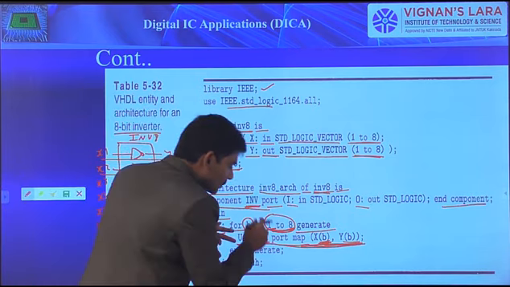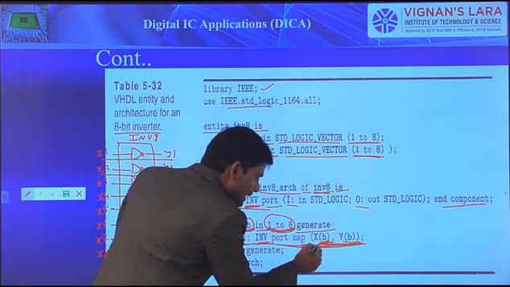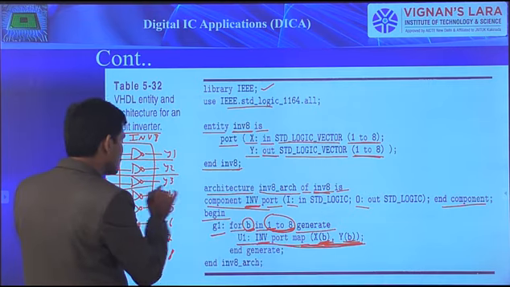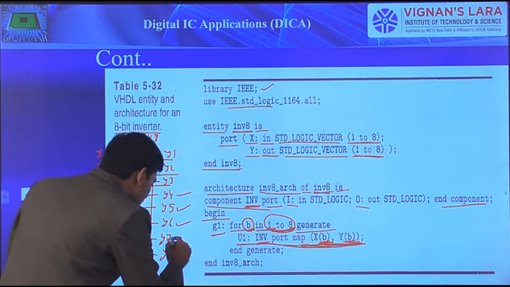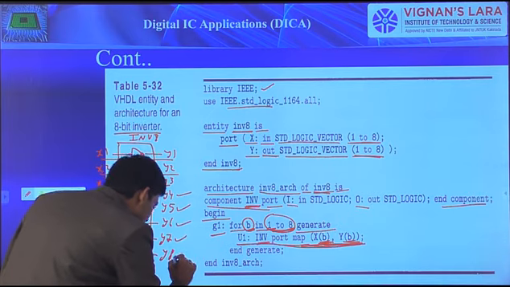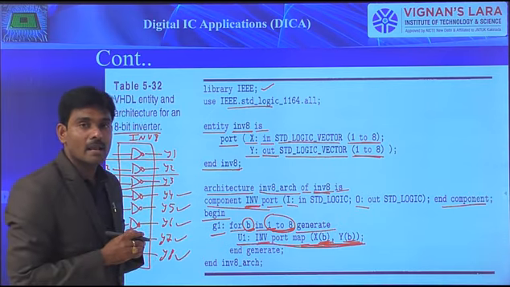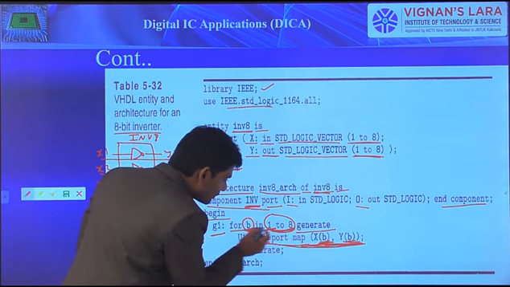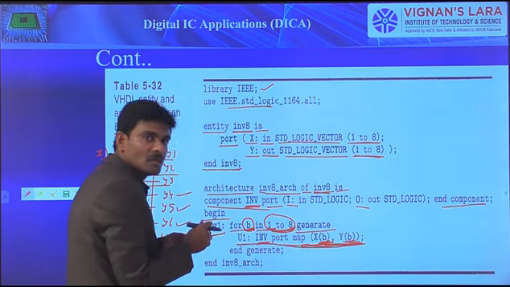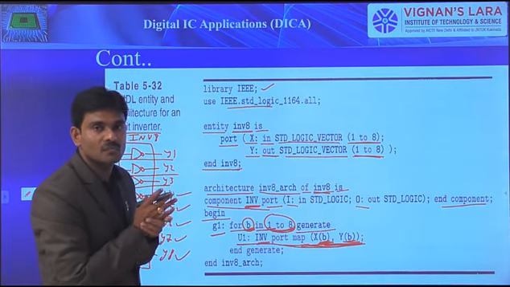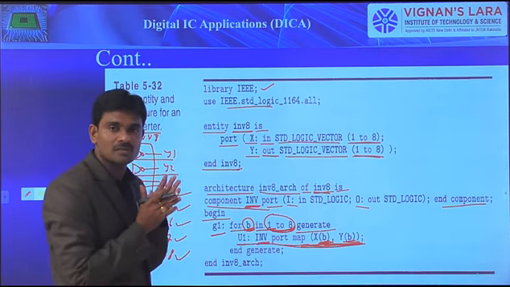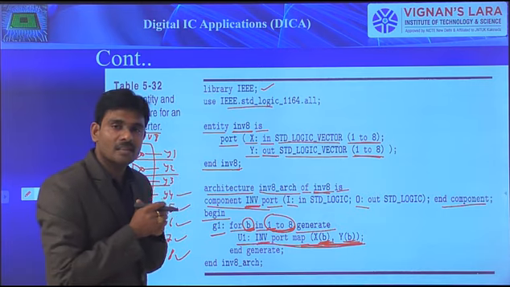And next, the loop will be continued. So X of 3, Y of 3. By means of that, you got these two, and in the same way X4, Y4, X5, Y5, X6, Y6, X7, Y7, and X8, Y8. So once the B value is assigned to 8, thereafter the loop is going to terminate, because that is the range we gave for that particular variable. It starts from 1 and ends with 8.